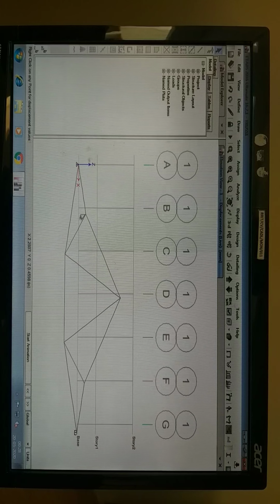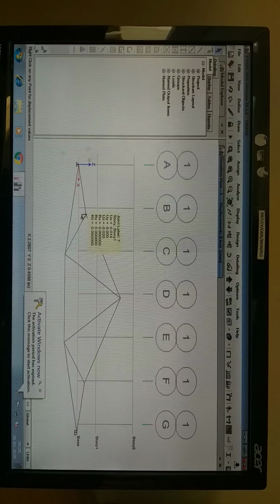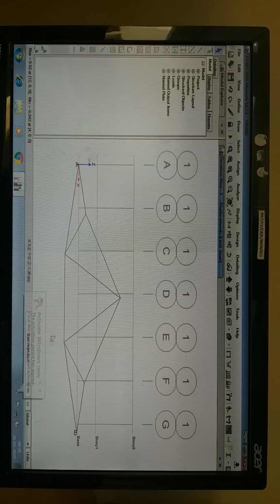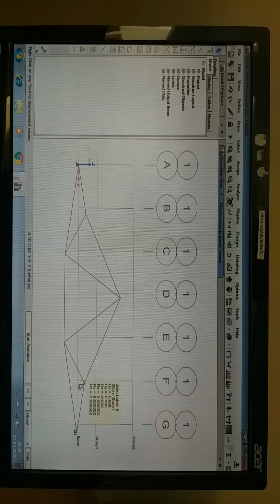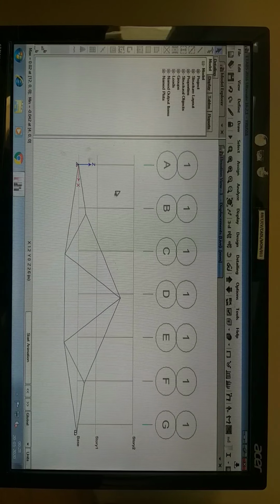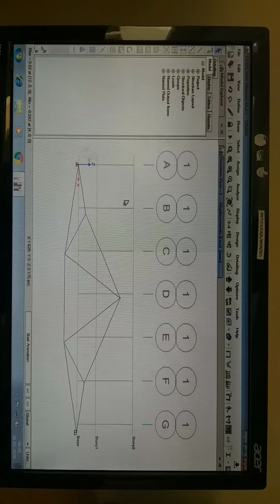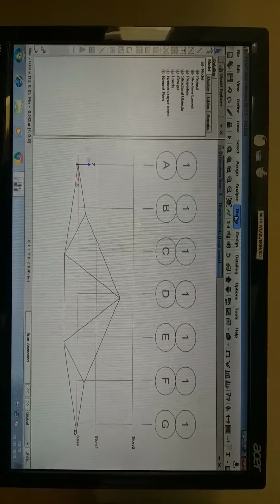See, here you can see the deflected shape of the truss, and at the joint there is no deflection, and in the vertical direction there is a minus 0.035 deflection, and in the bottom members also there is some deflection. So here we are analyzing the truss. So after running the analysis, we require to know the member forces. So for that,